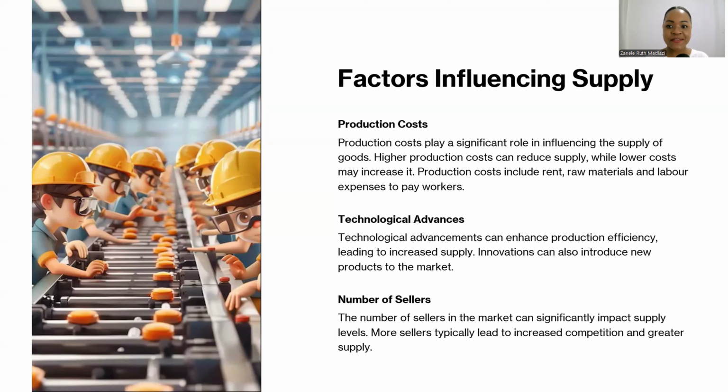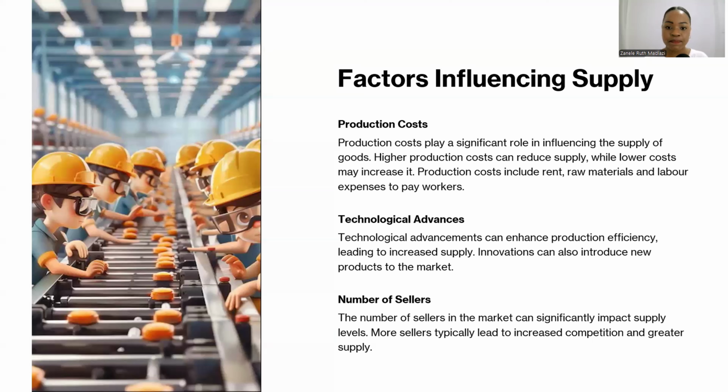Next up, let's look at the factors influencing supply. Firstly, we have production costs. Production costs play a significant role in influencing the supply of goods. Higher production costs can reduce supply, while lower costs may increase it. When we talk about production costs, these are the expenses that a business has to incur in order for them to produce a good or to provide a service. These might include rent, the raw materials that are needed for the production of the good, and the labor expenses